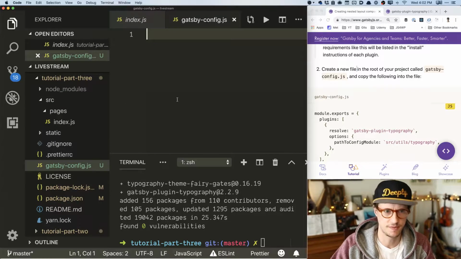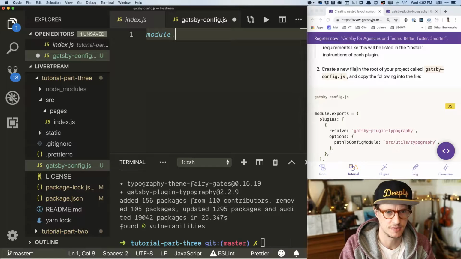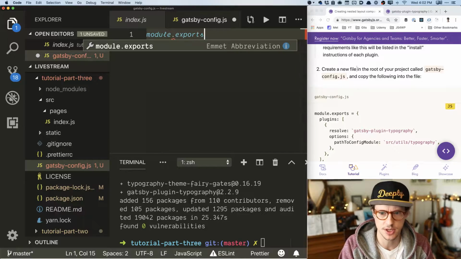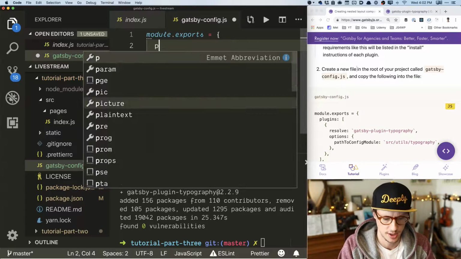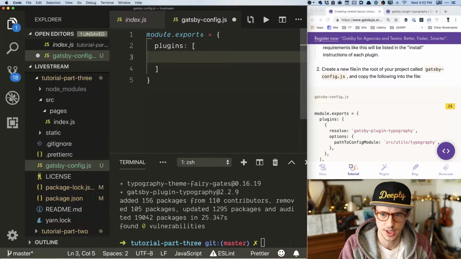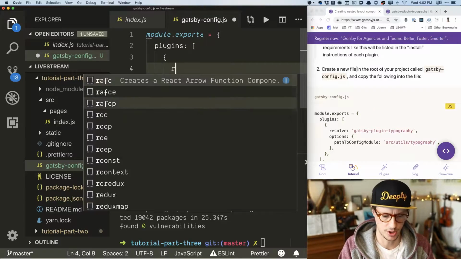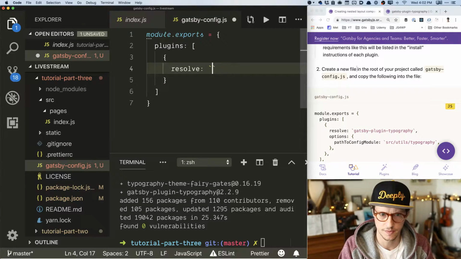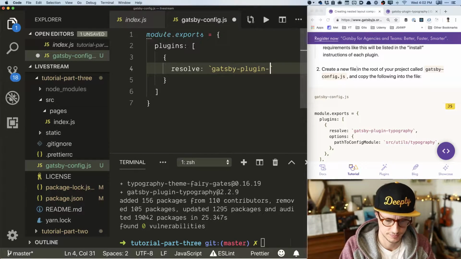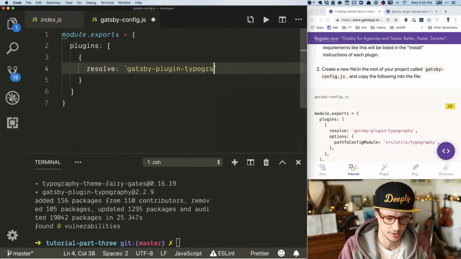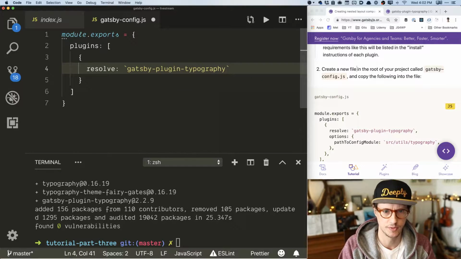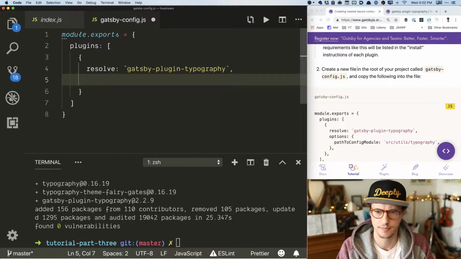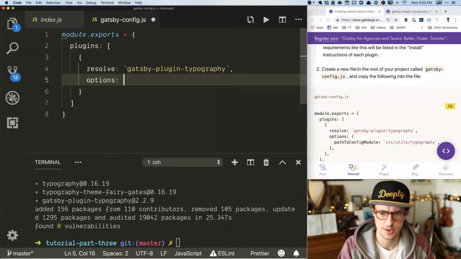It says to copy the following line. I want to type it. I'm just kind of in a typing mood. So I'm going to type module.exports equals plugins, and then an object with the plugin. So it's going to resolve gatsby-plugin-typography. Here, let me just give us a little bit more room. And then options,